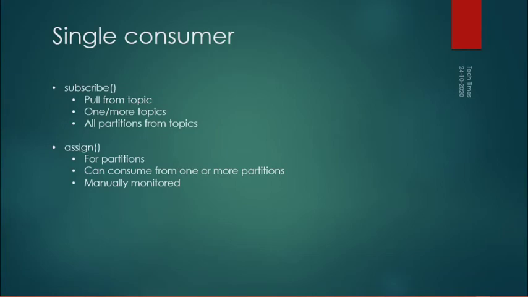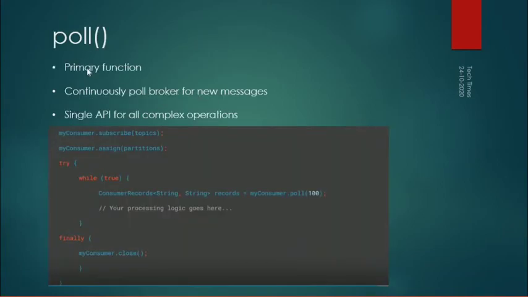Next we have the poll function. The poll function is very critical, or you can say a primary function, to start consuming the messages from Kafka. It will continuously poll the consumer for new records. Even though it sounds simple, internally it handles all the complex operations which are needed to consume the data from the broker. The sample code below shows how to poll the broker, and messages are returned to the consumer in a consumer record format. You can process these messages based on whatever logic you have, and it will keep on looping through that poll and consume more and more messages which arrive at the broker.